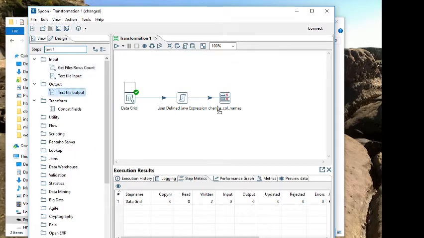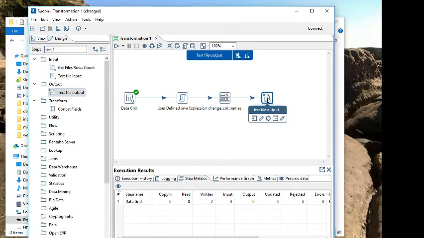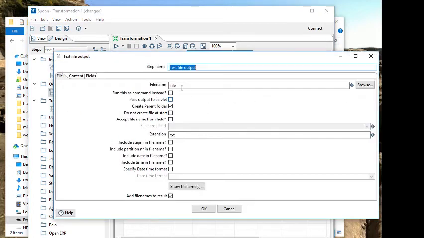Text file output, put it over there. And I'm going to call it CSV out. Now this is also usable for, well, it can be a target for metadata injection, so we could leave it empty and pass stuff in, but in this case we want to have something that's very definite, so we know exactly where it is afterwards. So what we're going to do is the output that comes out of this injection will create a file